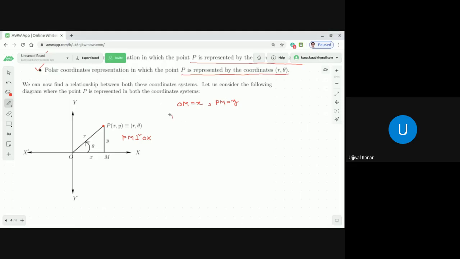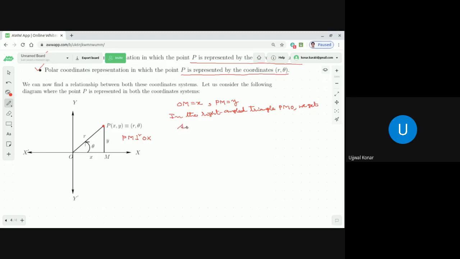In the right angle triangle PMO, we get,